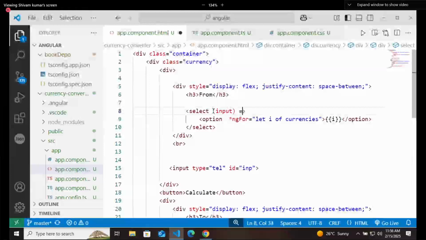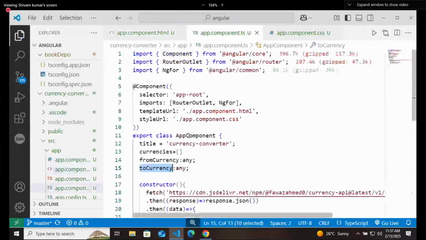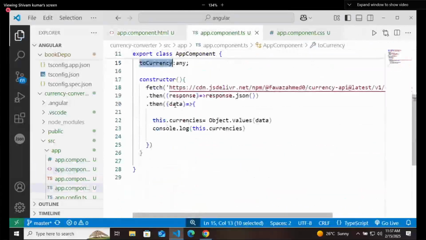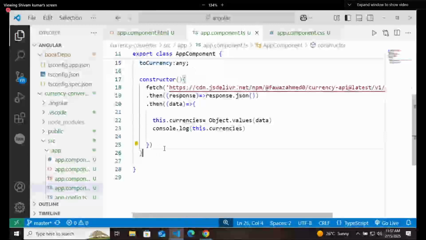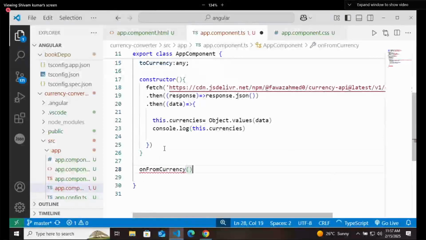In input, it will call a function, and that function that it is going to call is on from currency. Declare this function in the TypeScript, that on from currency.